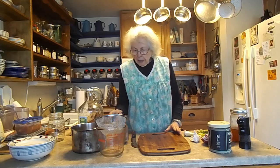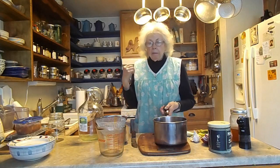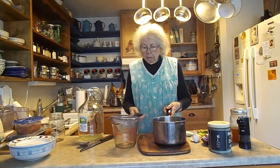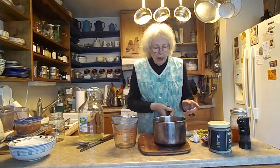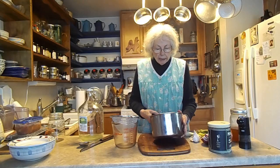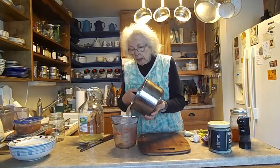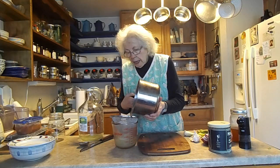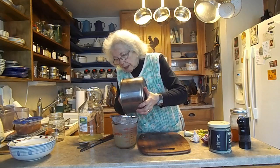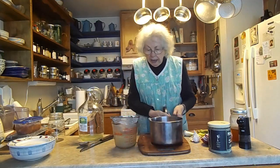And now what I want to show you is the other day I made chicken broth, and I strained it off. I put most of it in the freezer, and after I strained it off that one time and I still had quite a bit in there, I put some more liquid in and I cooked it again. And now this is the second time around, and I'm getting more. And there it is. And I might go